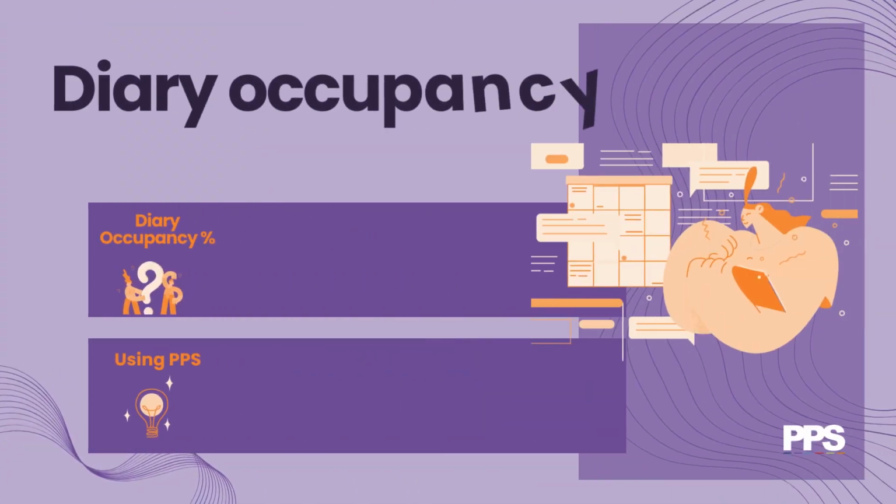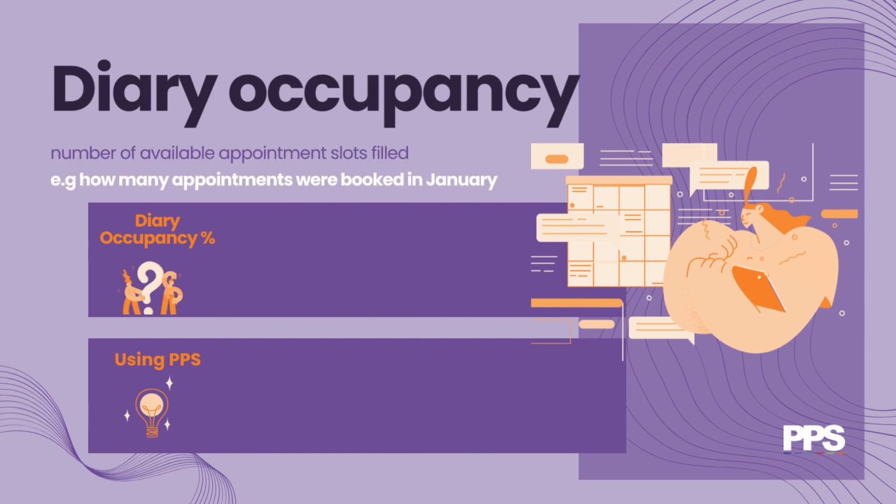So lastly, we'll take a look at diary occupancy as a KPI. So when we're looking at diary occupancy, we're thinking about the number of available appointment slots that have been filled. So with this one, like with all of the others, the first step would be defining a period of time. And then within that period of time, you're going to be looking at counting the number of booked appointments against the total number of available appointment slots. And again, I've included a formula on the screen here, which enables you to get the diary occupancy rate as